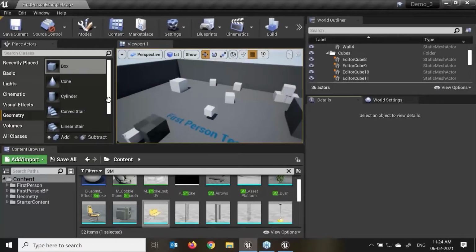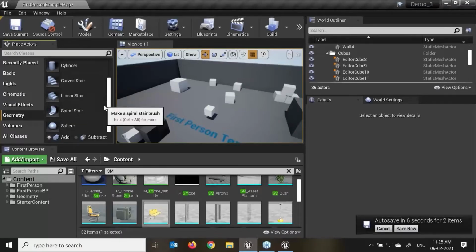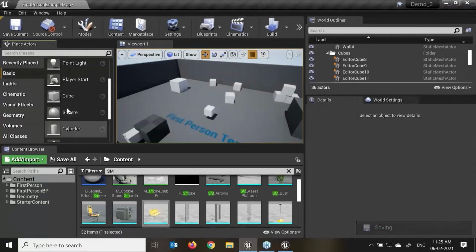Now we'll talk about brushes. What are brushes? This geometry we call a brush. Geometry brushes are the most basic tool for level construction in Unreal. Conceptually, it is best to think of a geometry brush as filling in and carving out a volume of space in your level. Previously, geometry brushes were used as the primary building block in the level engine. These are all brushes we can use in prototyping. Now, however, that role has been passed to static meshes, which are far more efficient.